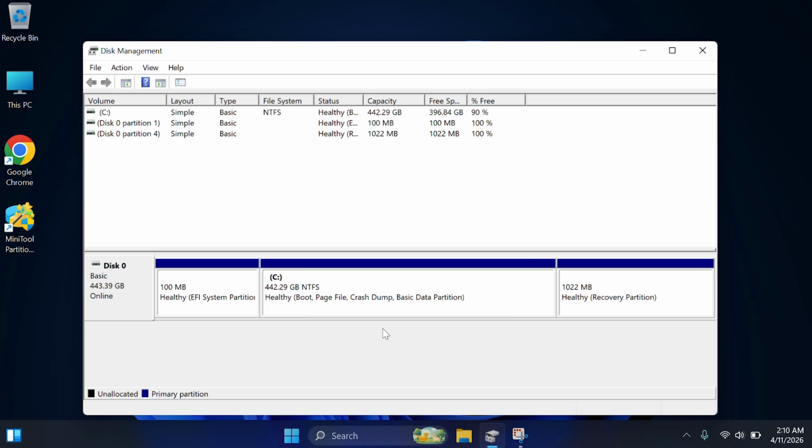And that's it. A simple, safe, and completely free way to extend your C drive by moving the recovery partition